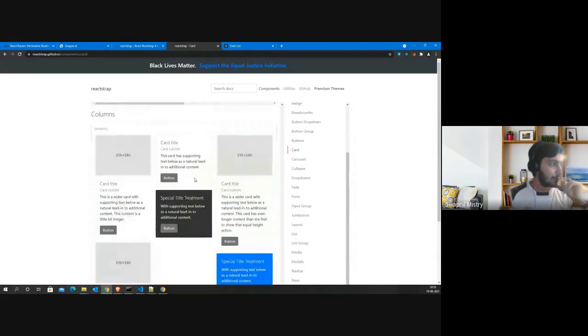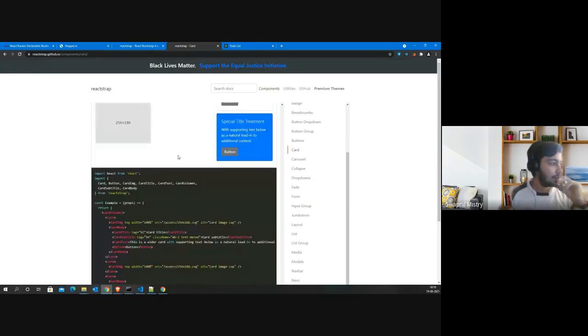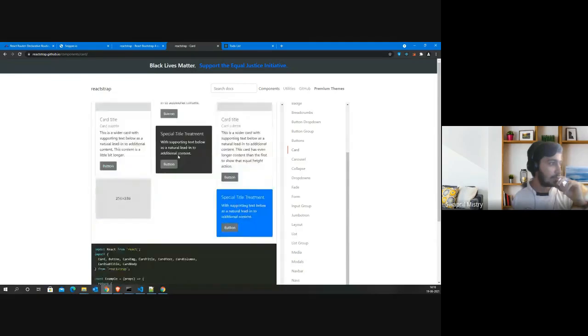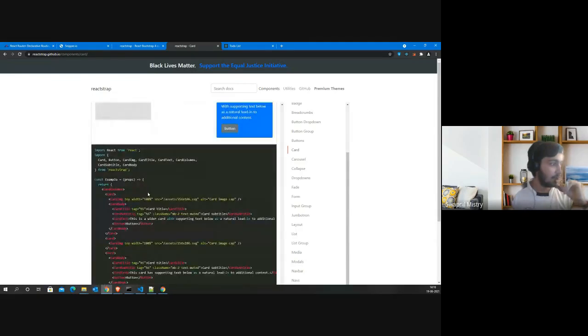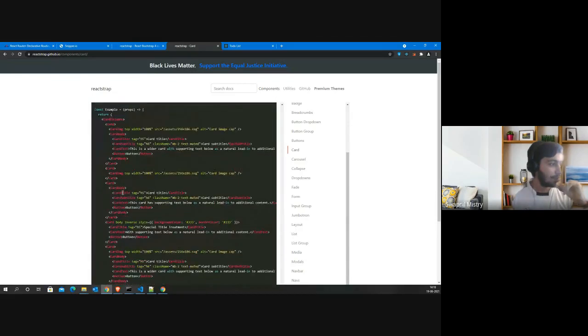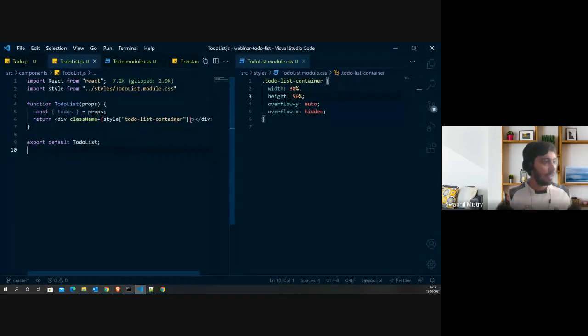So I think we can go ahead with this type of card where at the title we will be showing the checkbox. Then we will be showing a simple message which we have written, and then we will be simply showing a button. So if I go with this card, let's just try to figure out which card it is in the UI. Okay, so we can take this card as of now. So I will just copy this card. Okay, I will just copy this and add it over here.